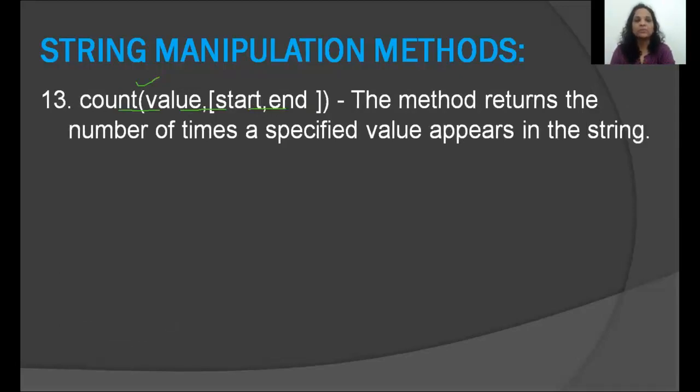Is that clear? Okay. Then coming to the count function. Okay. The count function also has the same 3 parameters that find and index had, but index and find were only checking whether this value that you're searching for exists and telling you at which index location. What would count do? Obviously, the name itself tells you. It counts how many times this particular value appears in the string. You may or may not specify the start and the end.